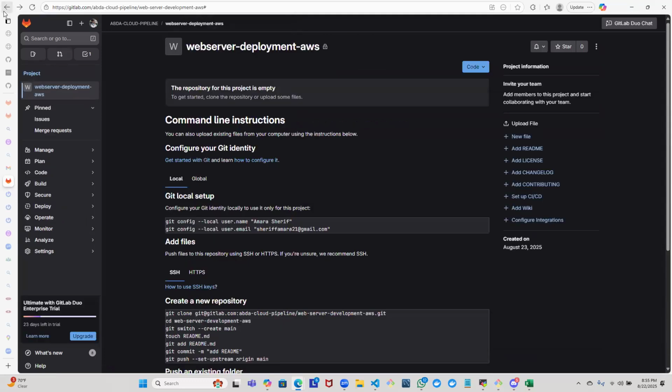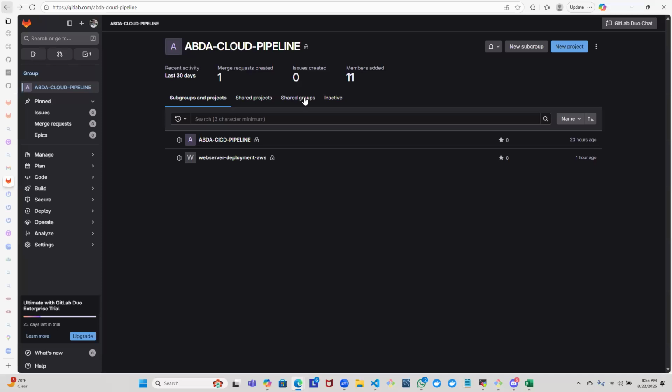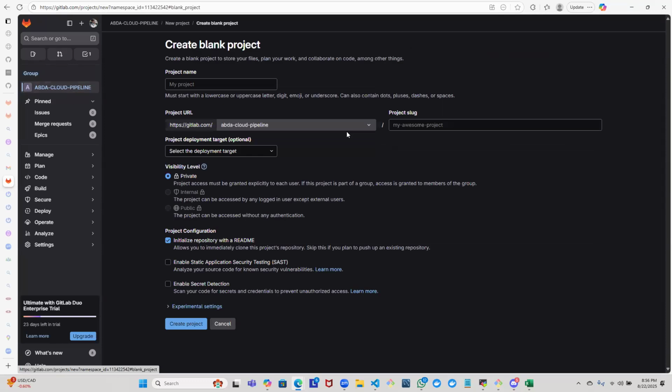So we are going to create this project within this ABDA Cloud Pipeline. And I'm going to come right here, new project. And I'm going to create a blank project. So automatically, I'm creating this project with